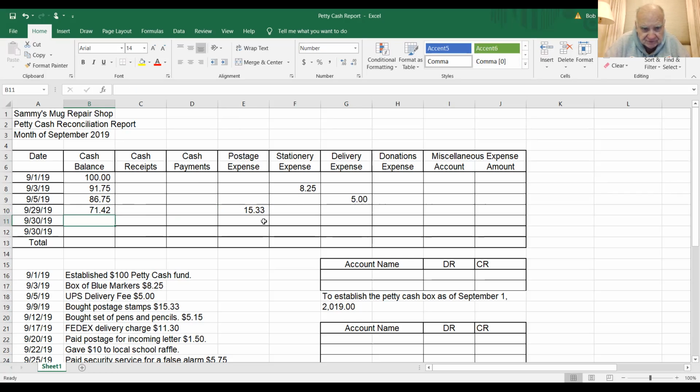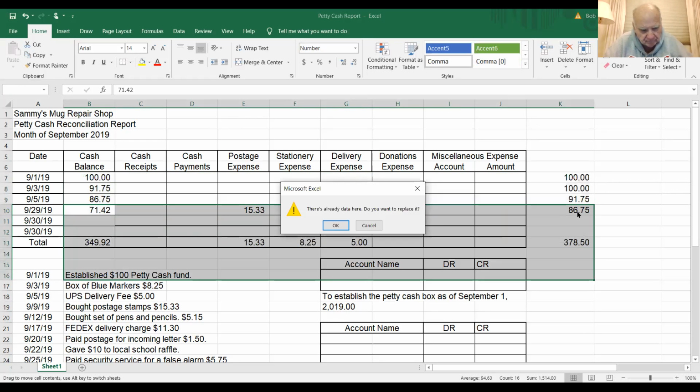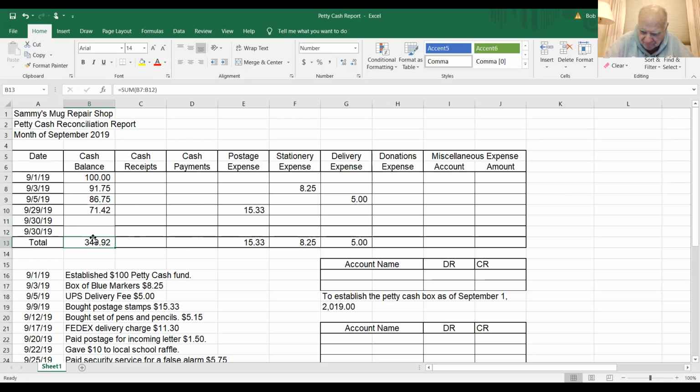We keep putting these things in here. And then at the end of the month, we're going to add all of these up. Now we're going to add everything up. Well, I made one little mistake. We don't want to add this column up. We want to take this number. This number here is going to obviously be the 71.42. That's our ending balance, okay? Our ending balance is 71.42. You don't add these numbers down, okay? So we spent 28.58, we have 71.42 left.